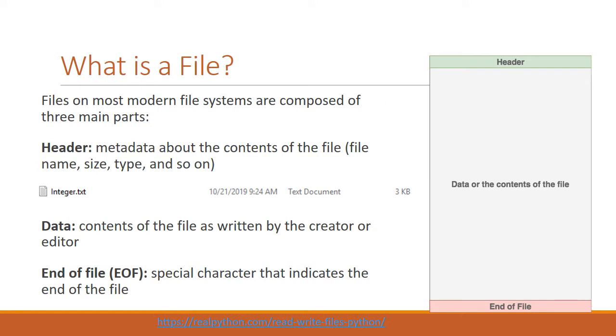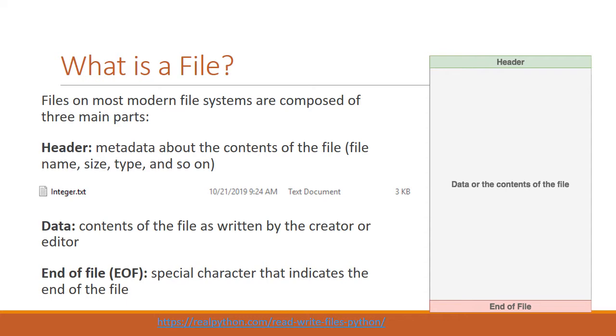Generally, a file is composed of 3 main parts. The header contains the metadata about the contents of the file. For example, it has information such as the file name, the size, the type, the date it was created. The data section consists of the file as written by the creator or the editor, for example, a Word file that was created by Microsoft Word. And lastly, the file ends with an end of file marker, which is a special character that indicates the end